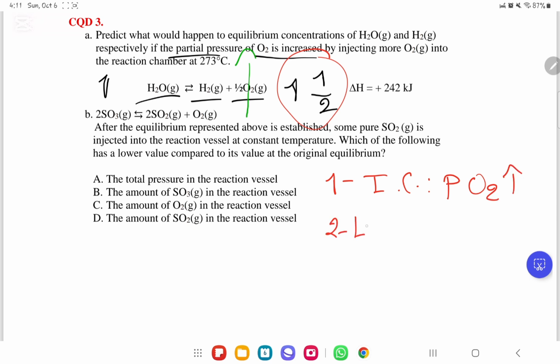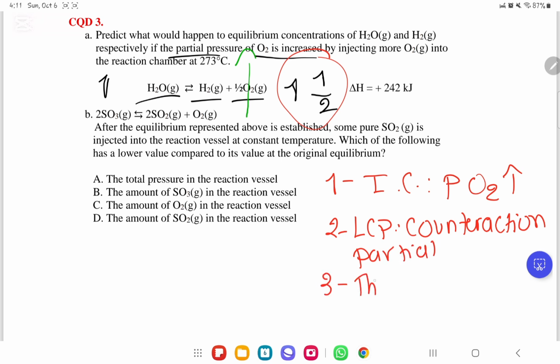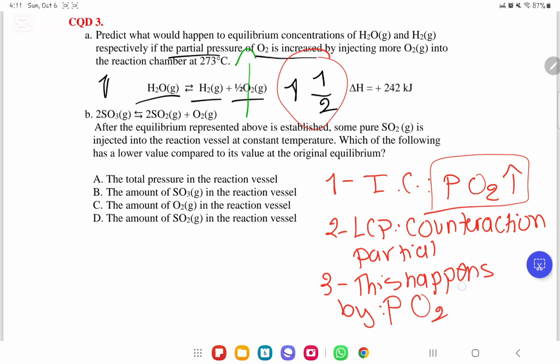Then step 2, according to Le Chatelier's principle. What is Le Chatelier's principle? That there is a counteraction, but it is partial. So it's a partial counteraction. Then step 3, how will this counteraction happen? It will be the total opposite of our imposed change, which is the pressure of O2 decreases, all right? And fourth, as a result